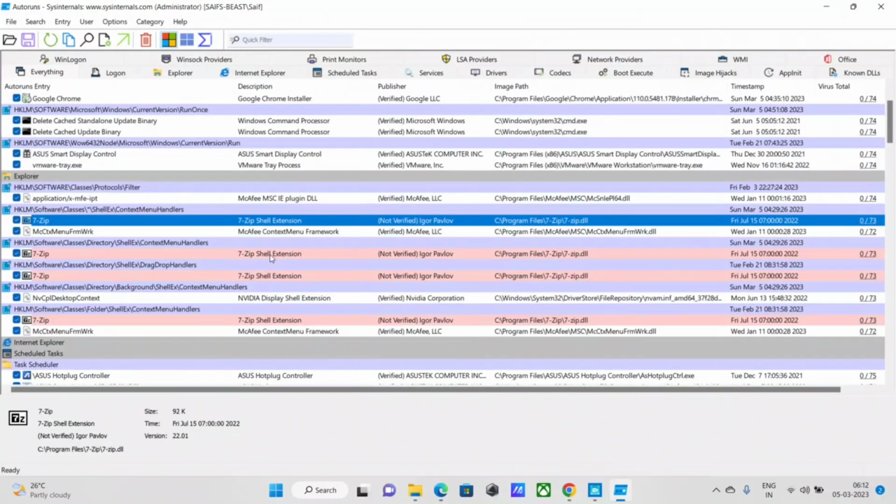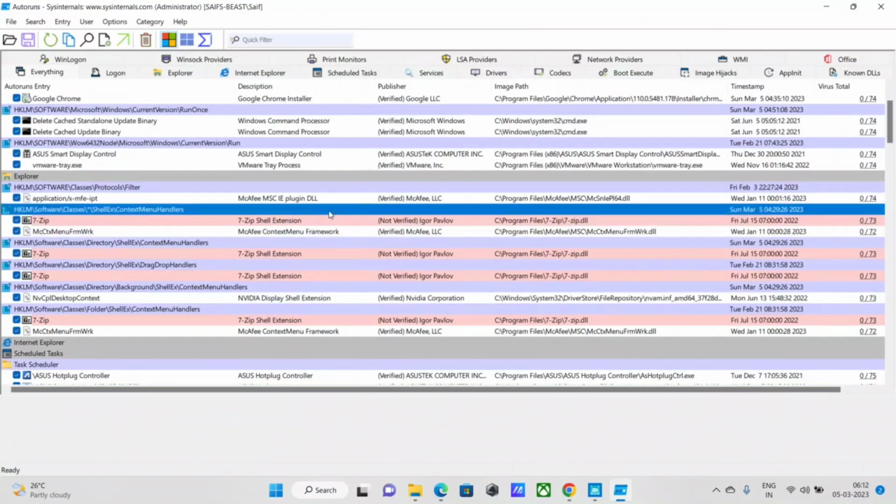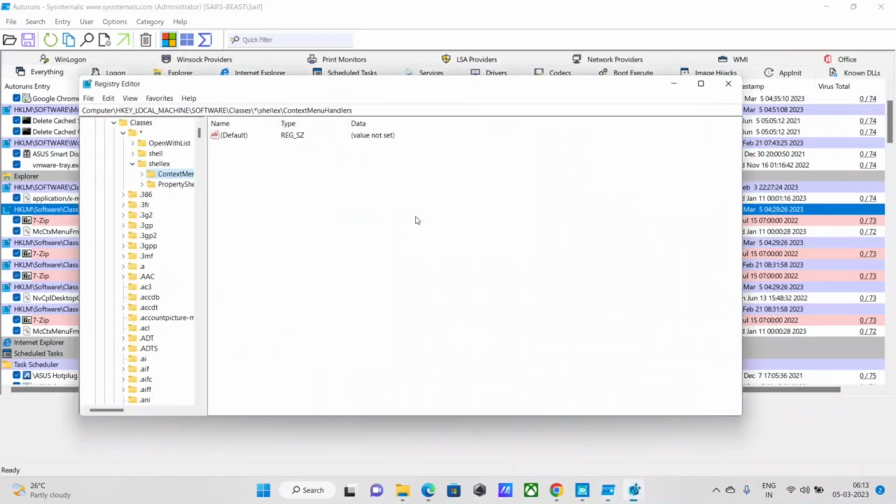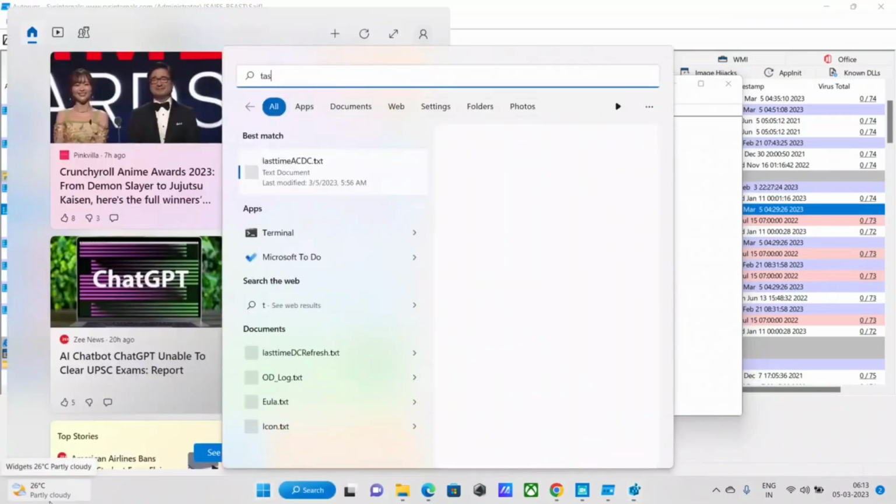And then the next color code is purple. Let's go to purple. This particular entry over here indicates the location of an entry that is associated with Task Scheduler. Task Scheduler in the sense, if I jump to entry, this is something that is related to Task Scheduler, guys. If I open Task Scheduler for you,